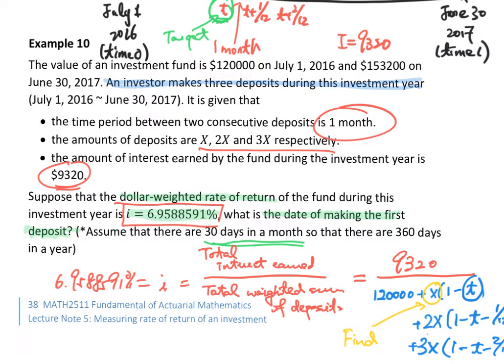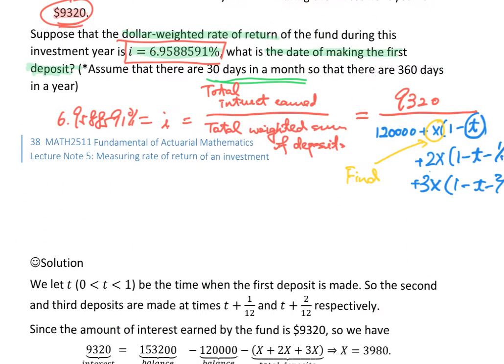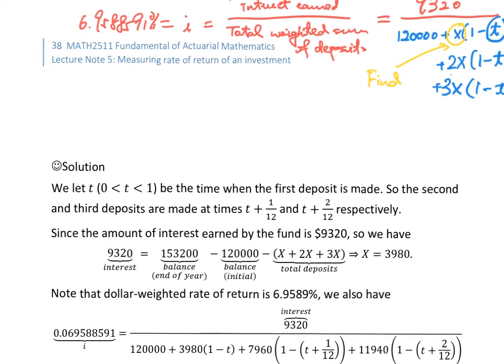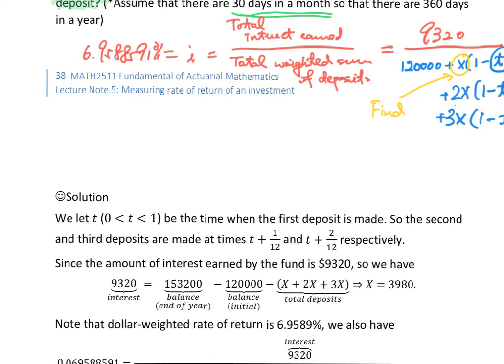And perhaps one condition that you can try will be this: the interest that you earn, 9,320. So here then this is what I do. Remember, to find the interest that you earn over the year,